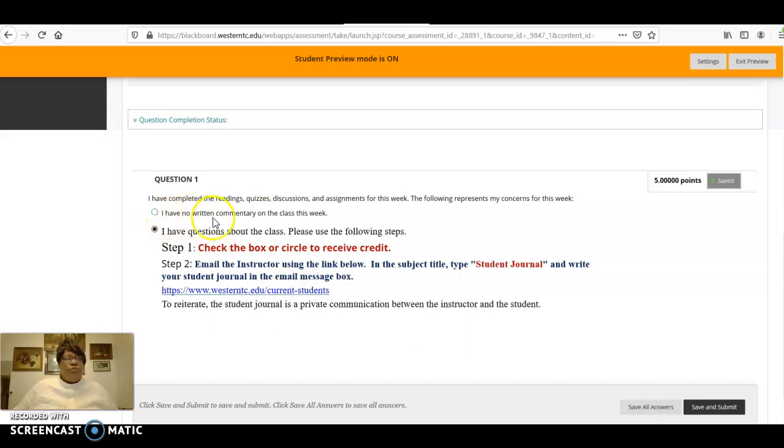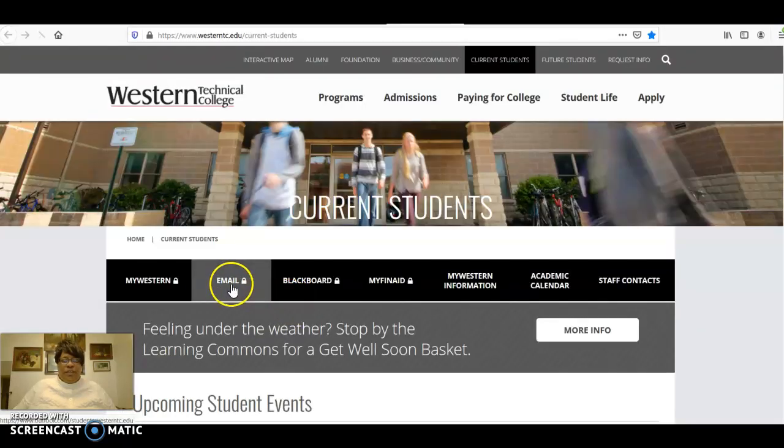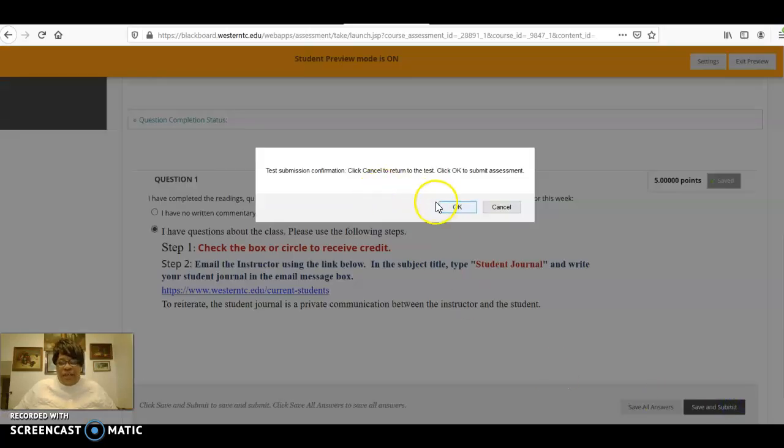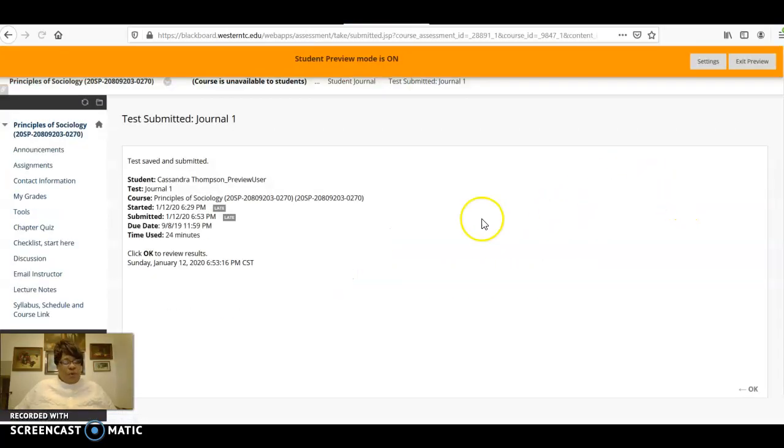And so for the student journal, you will either click the radio button that you don't have any written commentary, or if you have questions, make sure you click on the button and then you hit save and submit, okay? And then there's also a link here that you can use to write me an email message. So you can click on there and then go to your email account and write a message, and make sure that you click save and submit so you earn the 5 points